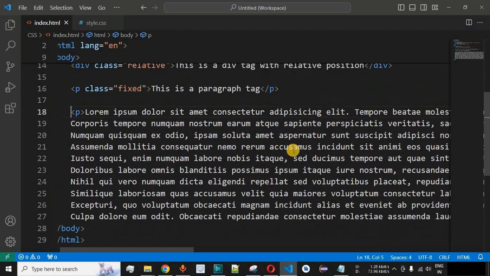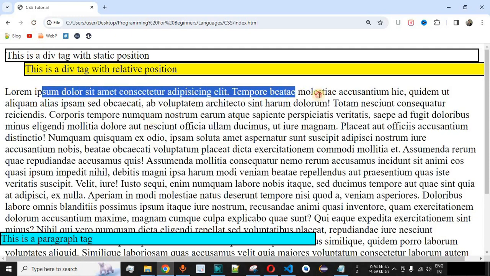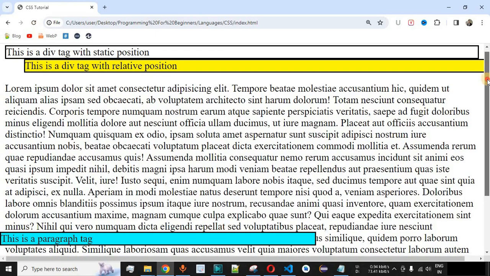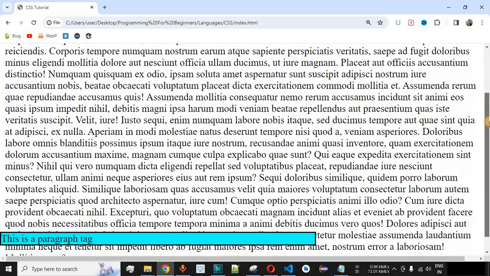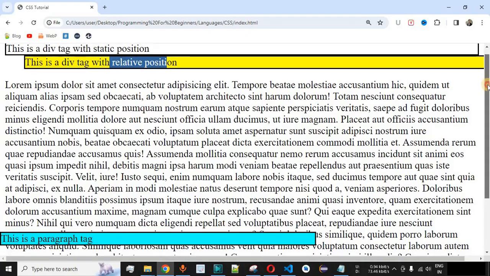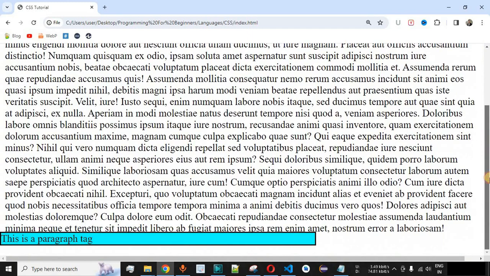Let me just save this file now and try reloading this page once again on the browser. So as you can see, we have enough content on this web page now in order to scroll this page. So guys, when we scroll this page, as you can see, vertically we are scrolling the page. The other content, that is the static position and the relative position, will scroll itself and it will disappear from the page as we scroll down. But as you can see, the paragraph is still fixed over here at the bottom position in this case. So guys, in this way you can easily use the position equal to fixed property in order to fix any particular HTML element on the web page based on your requirement.